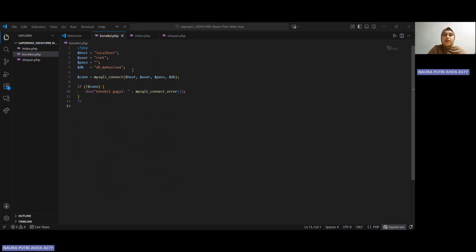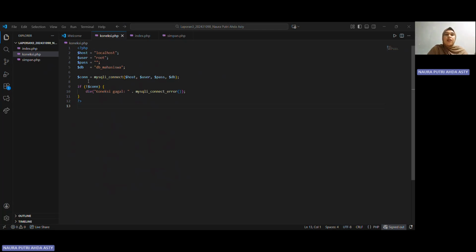And then the second one is $user, which is root, the username, and then the password, which is empty, and then $db, which is the name of the database that I already made.